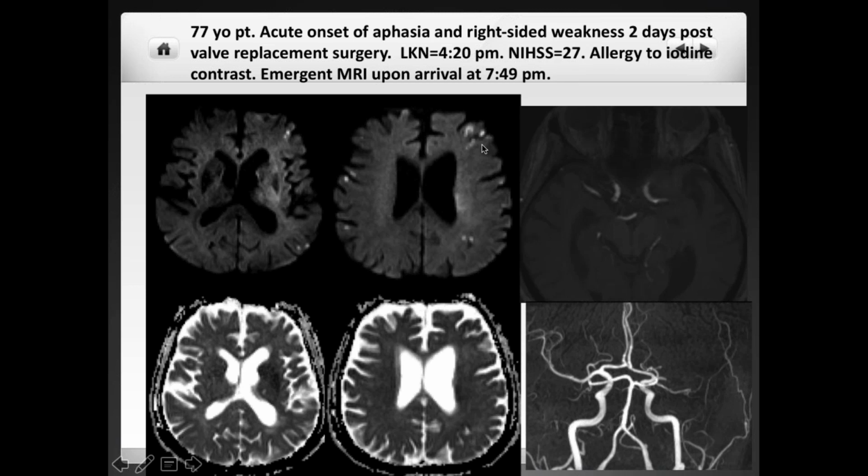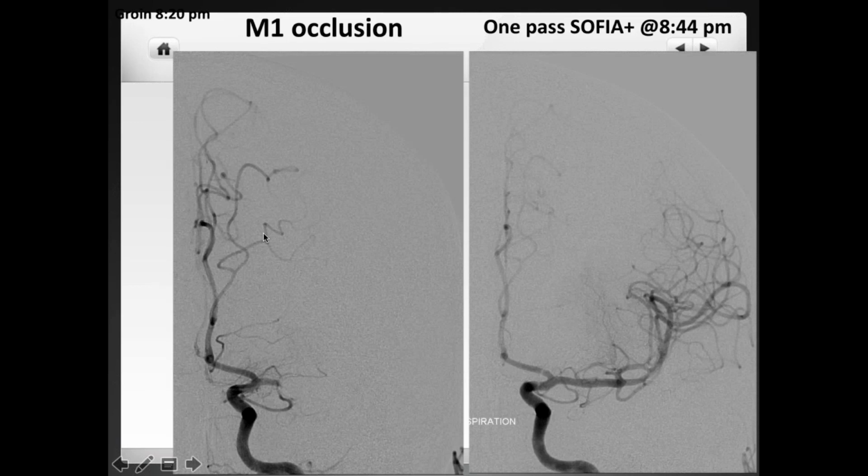In the MRI, we see several punctate foci of a stroke, bilaterally. The patient did have some valve replacement surgery, so maybe the patient did throw a few embolic events. But importantly, the patient does have an M1 occlusion here on the left side with not such a big stroke. So, definitely a lot of symptoms. You see the stroke scale here. You see the MRA with a complete M1 occlusion and still a good amount of tissue that's at risk because there's an M1 occlusion and there's a large amount of symptomatology here, but definitely not a large stroke. So a good candidate for interventional therapy.